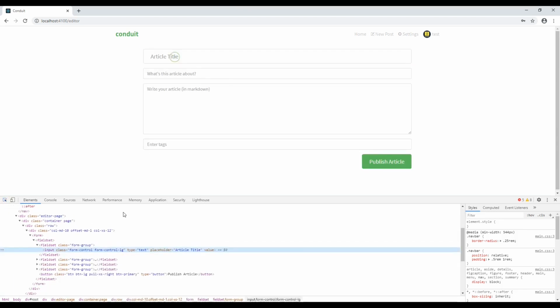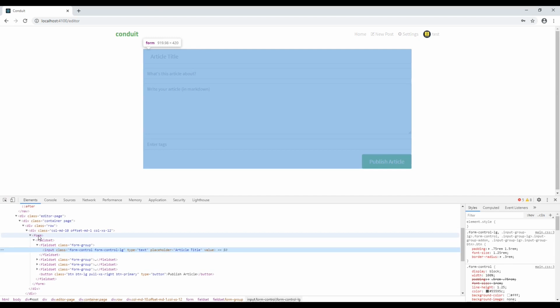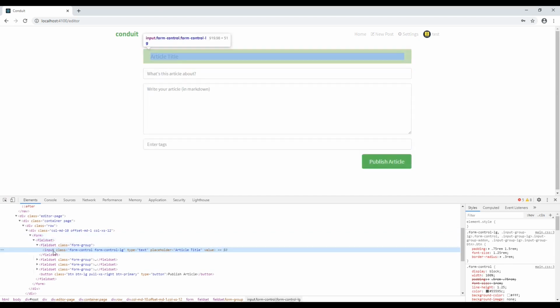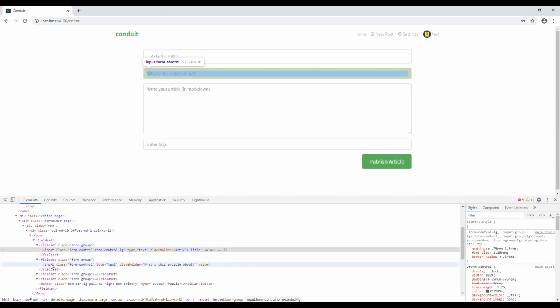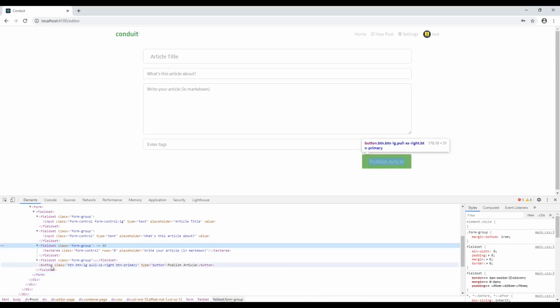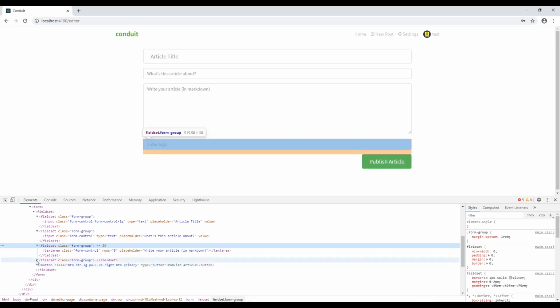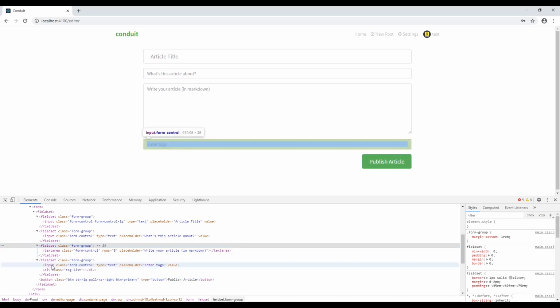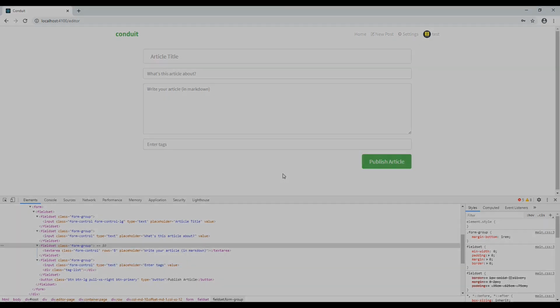If we observe over here, again it's a part of a form. Inside this form we have an input tag, we have one more input tag, we have a text area over here, and we have a button, and one more input tag. So let's use our command within. Let's go back into our code and we'll try to write the script.